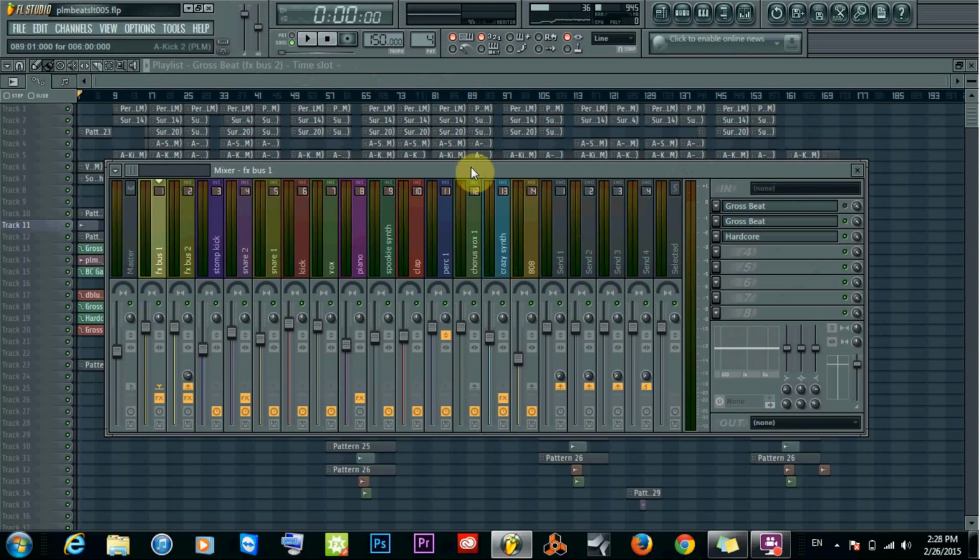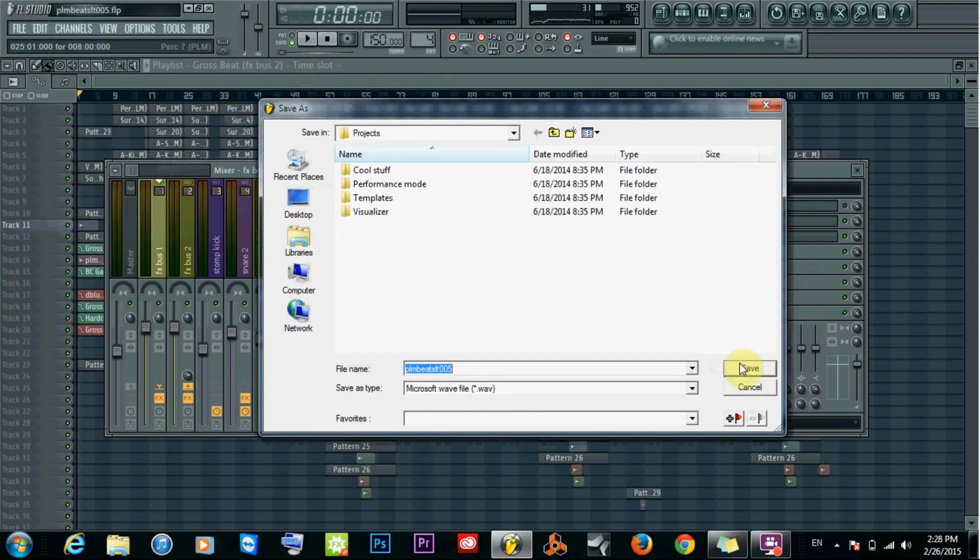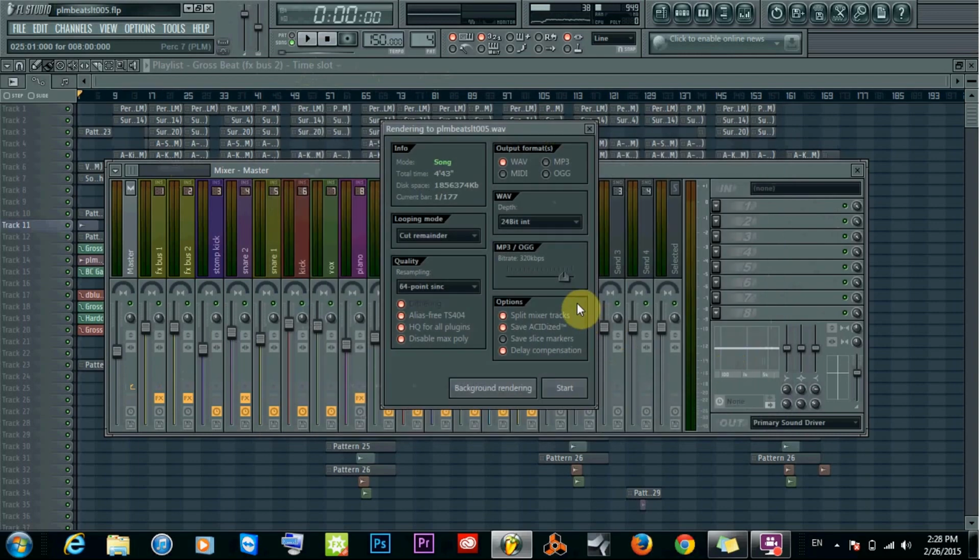two different buses. Now we talked about automation and how to bus your tracks, but if you try to just go hit export WAV files and click the split mixer track option, it won't work. So what you'll have to do